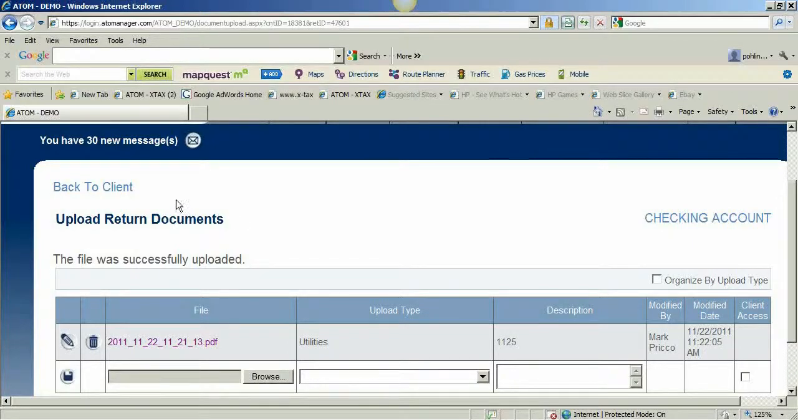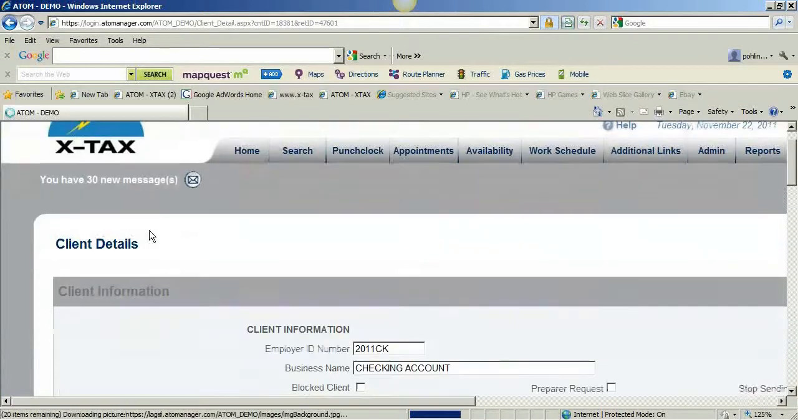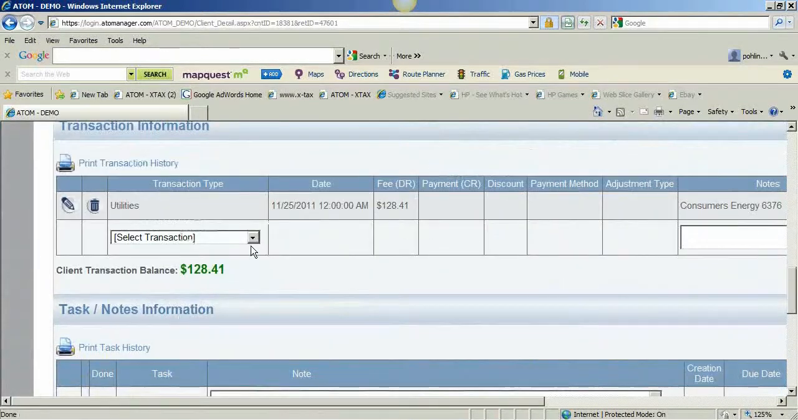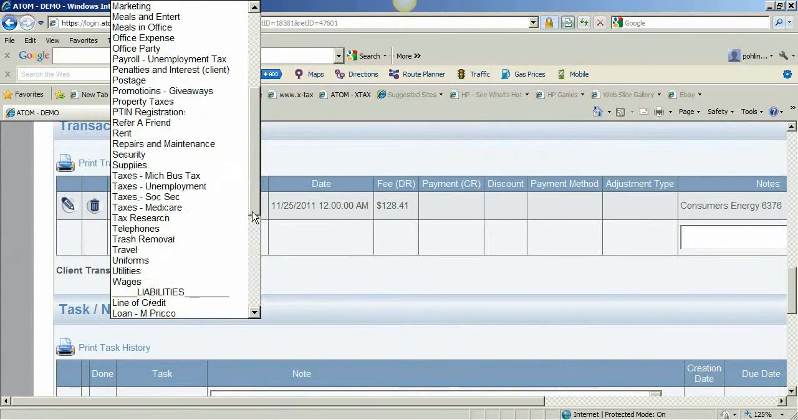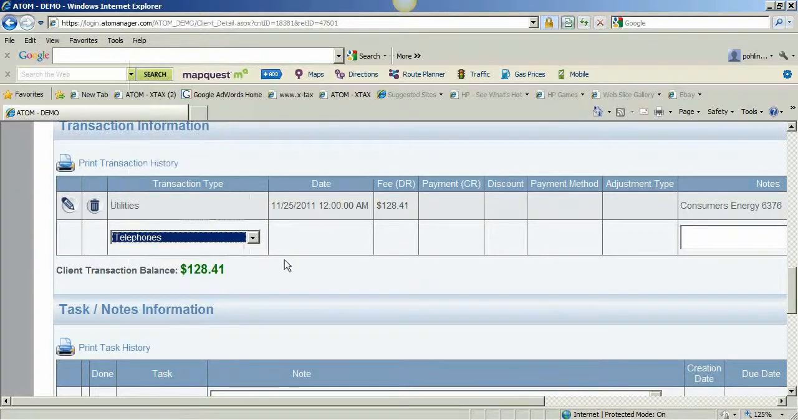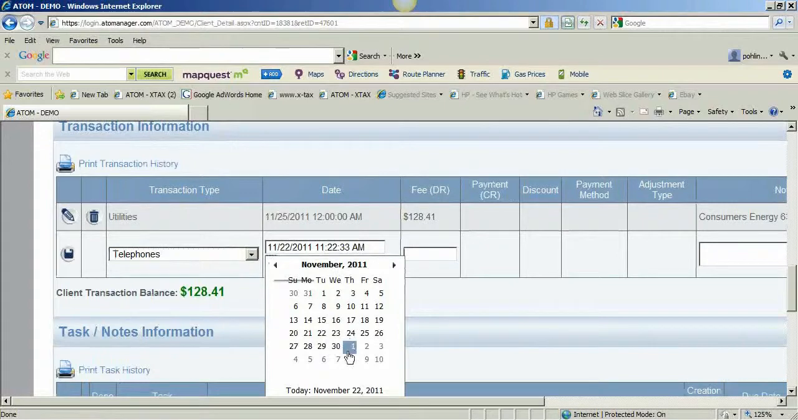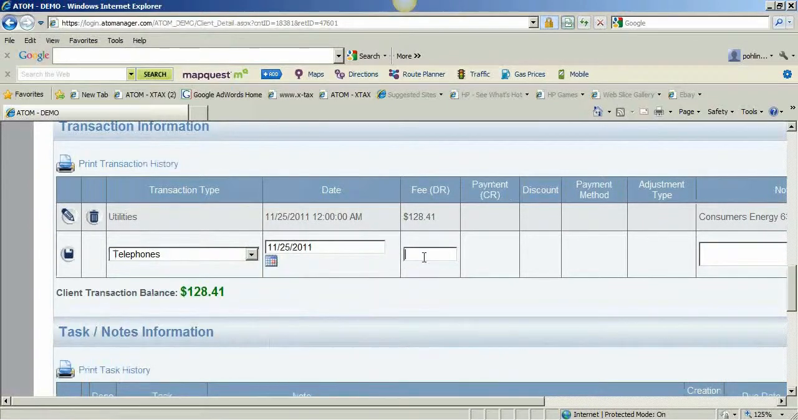Now the next one is my AT&T bill. I'm going to come down here again in my journal entries, and that's under telephones. And again, I'm going to actually pay this. I'm logging in today, but I'm actually going to pay it on Friday. So the amount here is $205.26, AT&T. And this one is for, let's see which office. This is for